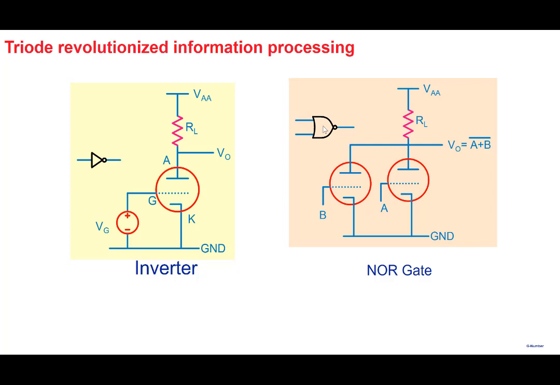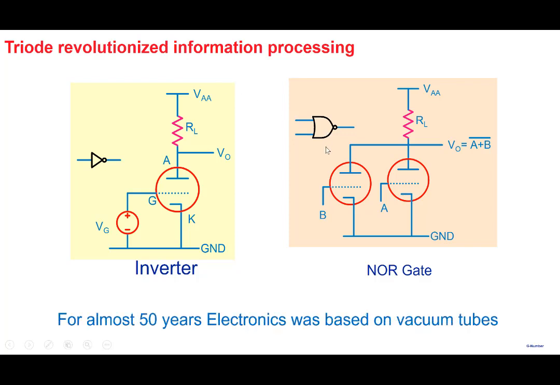So what we are saying is that with the Triode, you could build any of these gates, and of course you can connect lots of gates together. And these digital gates work on binary numbers, and one can do addition, binary subtraction, multiplication, division, all of that we can do here. So with the Triode, one could do information processing. One could process the information. And an example of that is